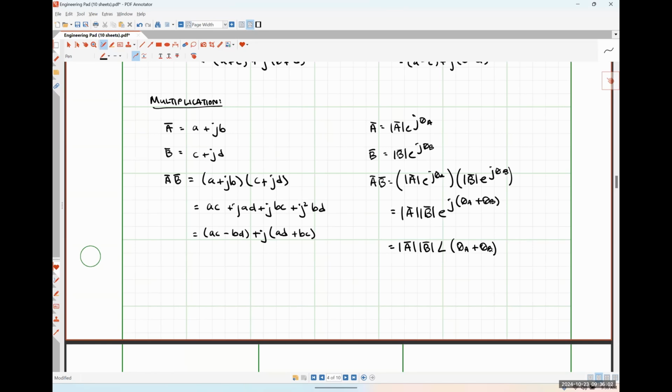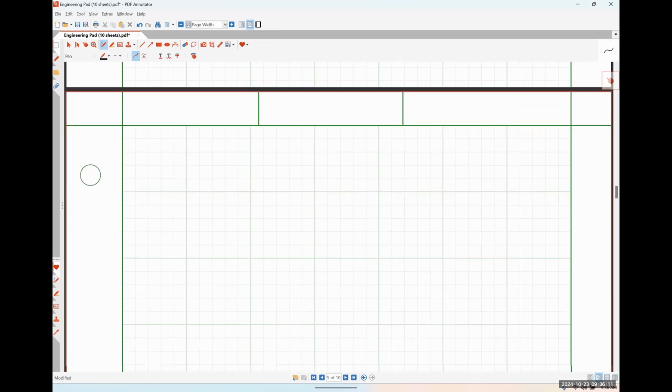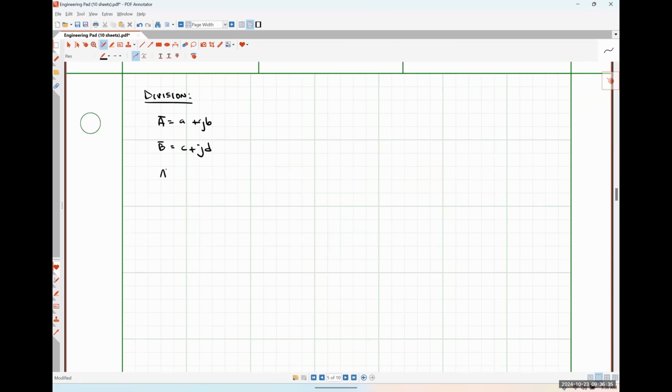All right, and so lastly, we have division, which pretty much sucks in rectangular form, but I'm still going to show you how to do it, and it is incredibly easy to do in polar or exponential form. So let's look at division here relatively quickly. Once again, I have a complex number A, which is A plus jB, and a complex number B, which is C plus jD. A over B would look like A plus jB over